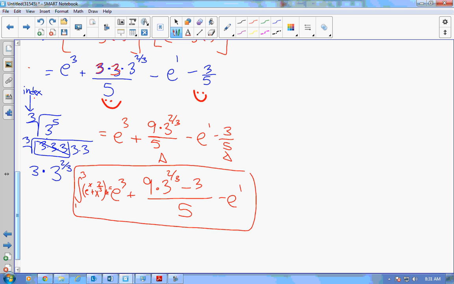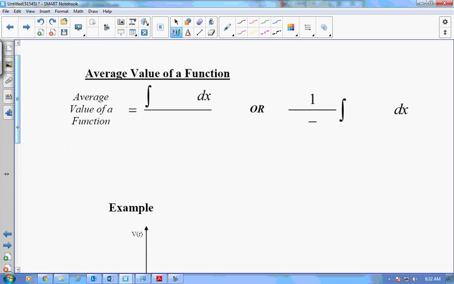Okay, let's flip to the activity. I think we have one more page just to write an average value of a function formula, and then we'll do the activity that has to do with the average value of a function. Is that the page you have next? This page? Okay, average value of a function